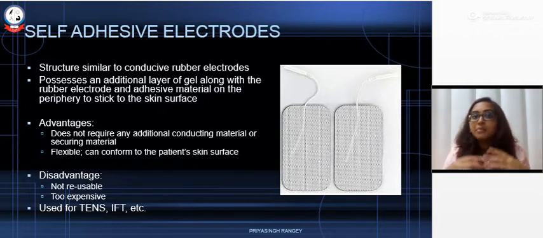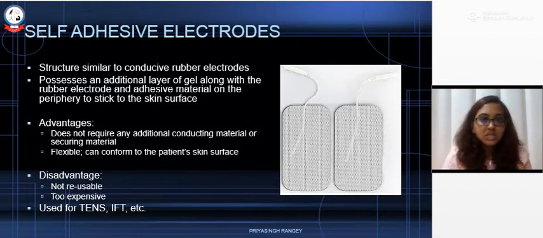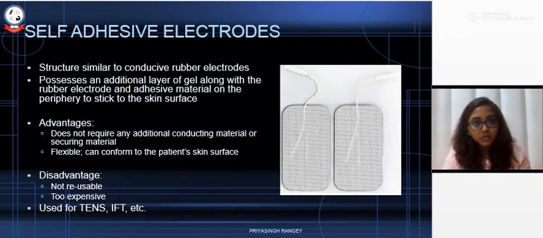There is no requirement of applying some securing material like a strap or an adhesive. You have that material ready over the electrode, so you just have to pick out the seal and place the electrode over the patient's body surface, and so it creates a lot less hassle for the therapist as well as for the patients. Sometimes even the patients can apply these electrodes by themselves, and another advantage is that it is less time consuming,